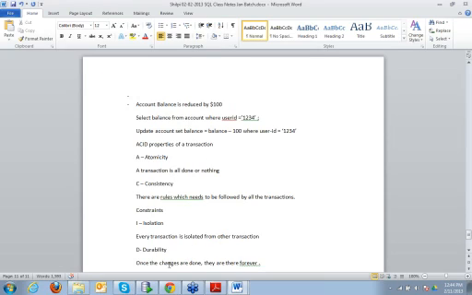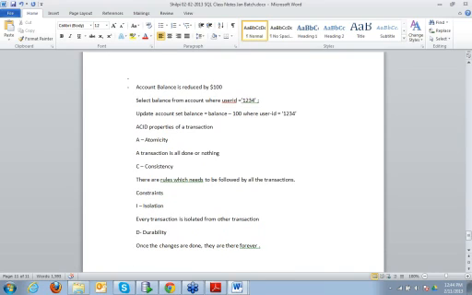So this and this works together. And again, consistency rule means whenever we are doing any transaction, they need to follow all the rules. So these are the famous ACID properties of all the transactions, and they are applied only on DML statements, because DDL statements are always committed. You can never roll back a DDL statement. So ACID properties of transactions holds only for DML statements, right?